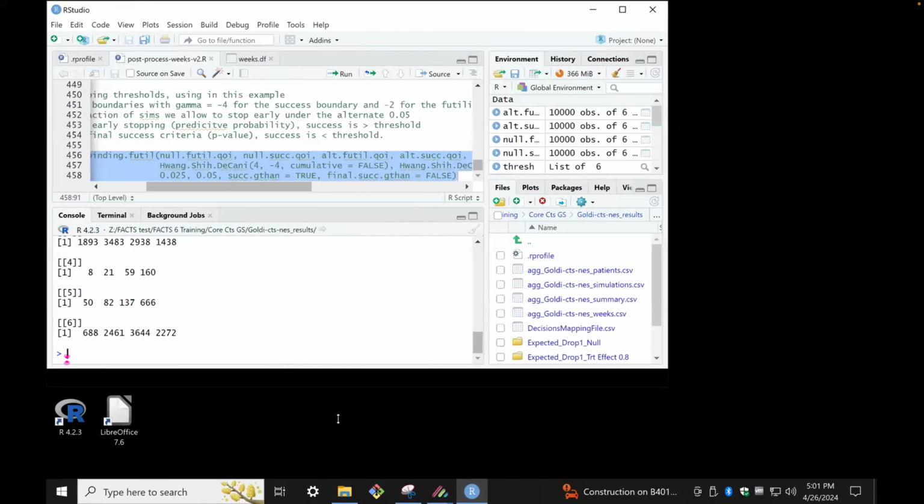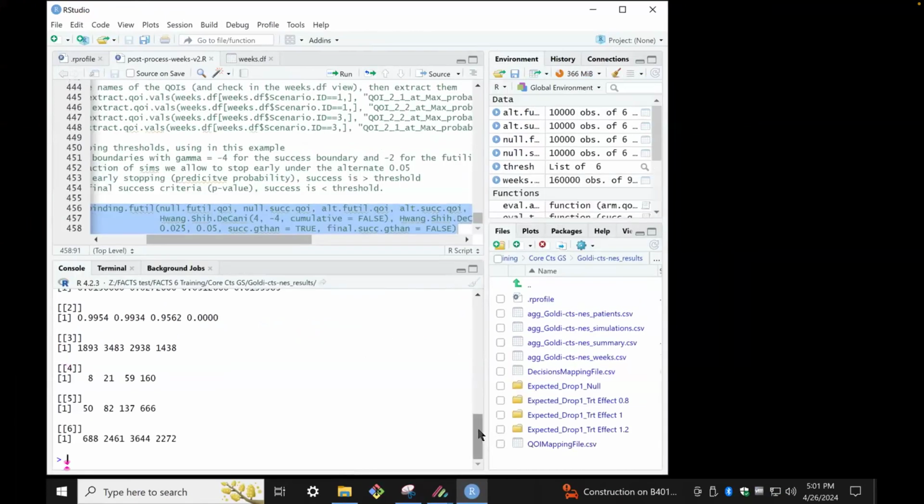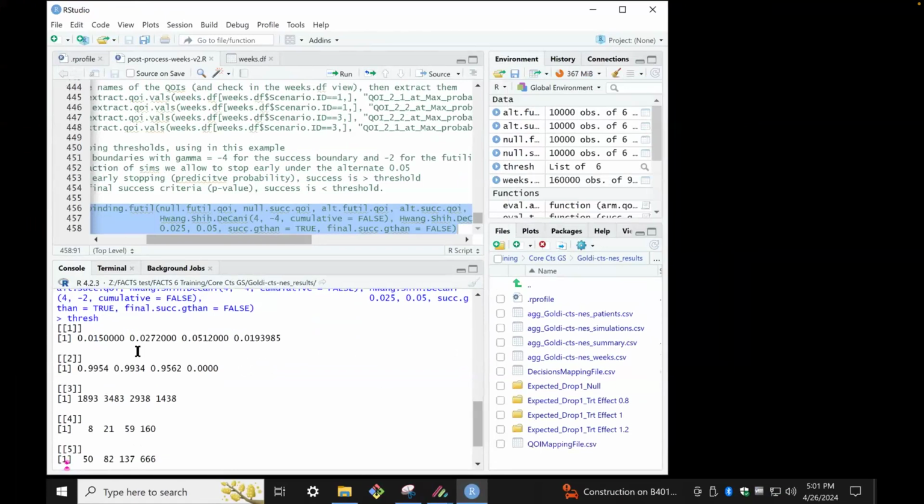So what it's outputting is six lots of numbers. The first 2 are the thresholds. The first one is for stopping for success. The second set are for stopping for futility. It doesn't bother to calculate the p-value, since we've got the p-value we need to use there. And then it says, for that set of simulations,